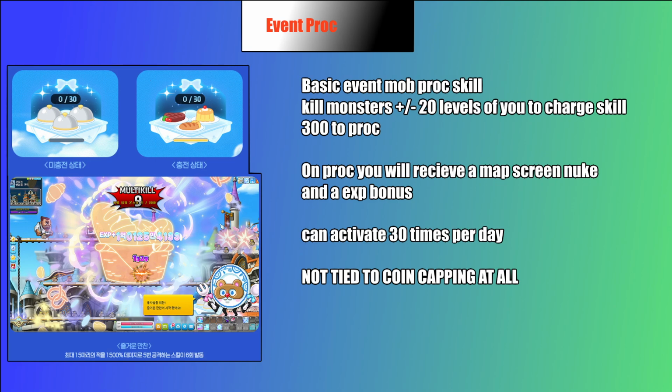Following on from the event stats, we have the event proc skill. Now, in Maple Anniversary, your event proc skill was tied to your coin capping. That's no longer the case in this event. This is not tied to capping at all. And this may be reskinned for GMS. I don't know. Jade didn't show this off in the showcase, so I have no clue what this looks like